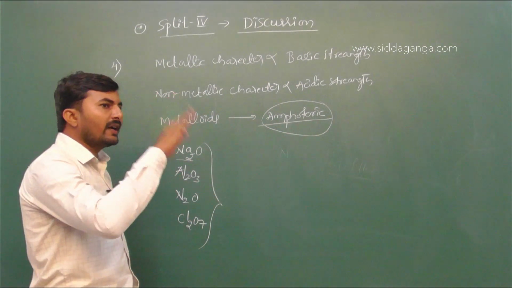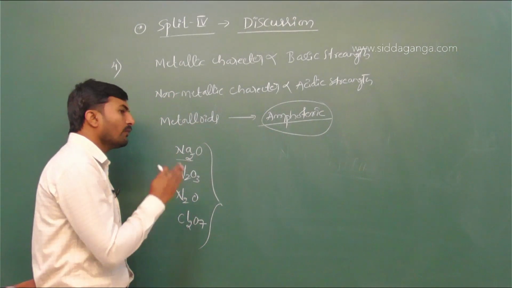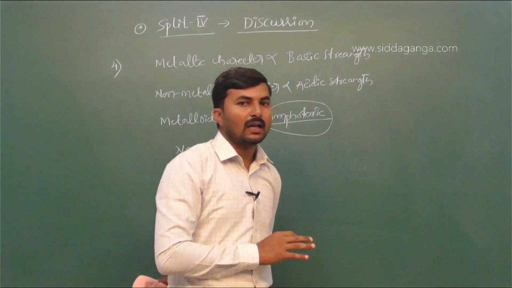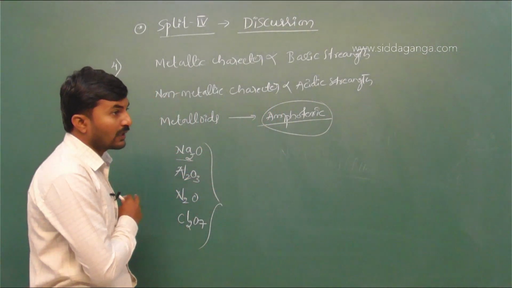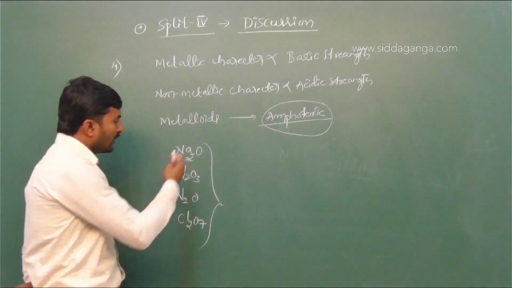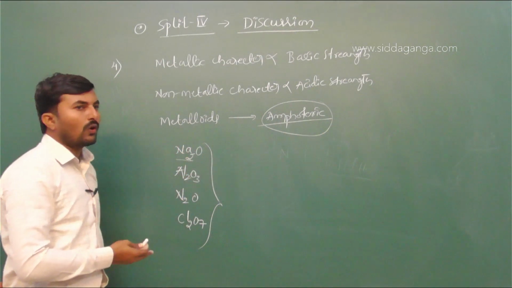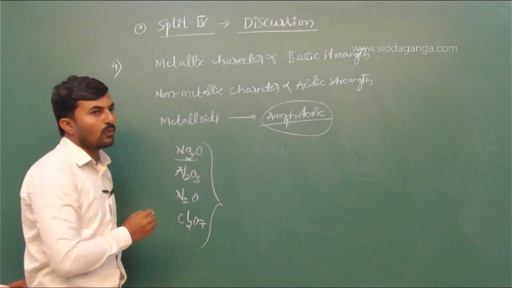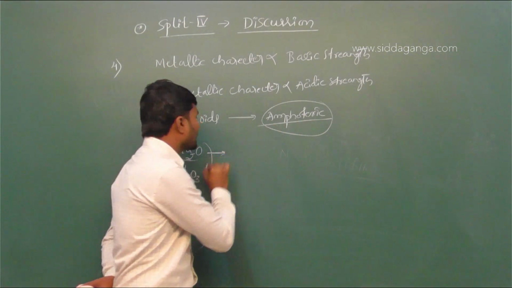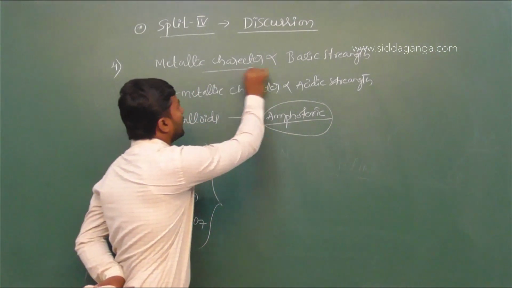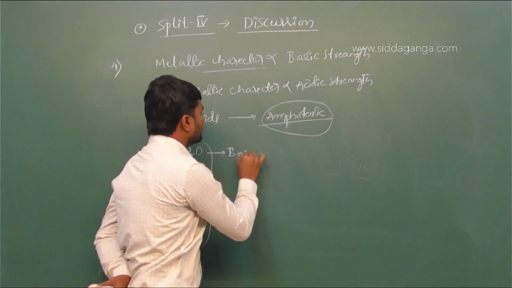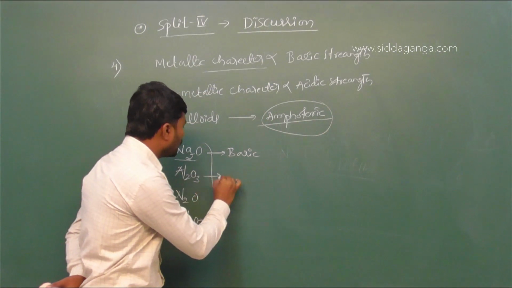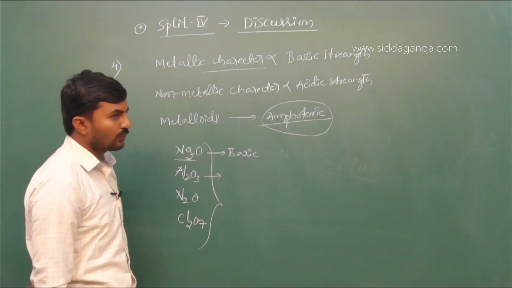In order to find out that answer, first we must know which one is a metallic oxide, which one is a non-metallic oxide and which one is an amphoteric oxide. So here, by looking at these four oxides, we can easily identify that Na2O is a metallic oxide. Metallic oxide means it is basic in nature,